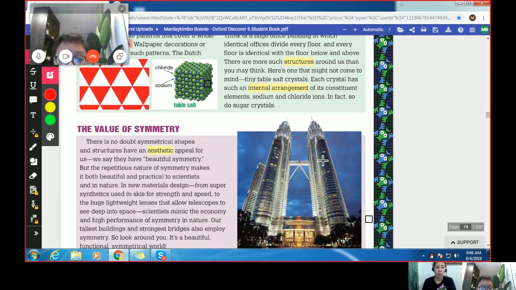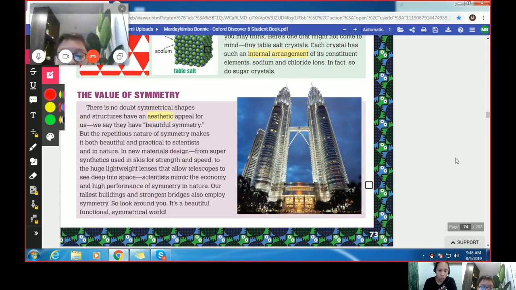Very good. Thank you. Now let's learn about the value of symmetry. Yes, there is no doubt symmetrical shapes and structures have an aesthetic appeal for us. We say they have beautiful symmetry, but the repetitious nature of symmetry makes it both beautiful and practical to scientists. And in nature, in new materials designed from super synthetics used in